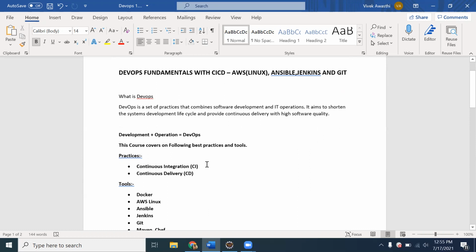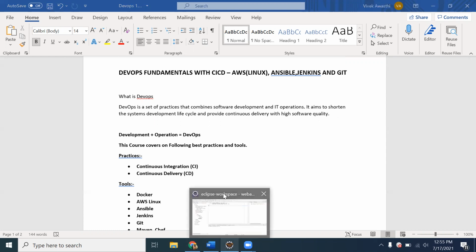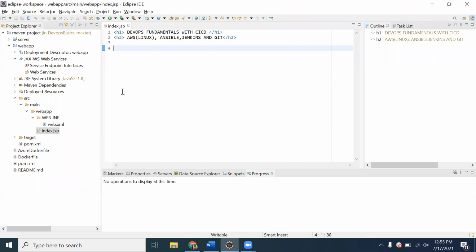In the next tutorial, we will create an AWS Linux machine, install all the required software, and then start practicing with DevOps tools like Jenkins and others. In the second lecture, we will create an AWS Linux machine and see how to install software on that machine for DevOps purposes. In the second lecture, I will also share a project for practice in my Git repository, so you can download that project and use it for your DevOps practice.